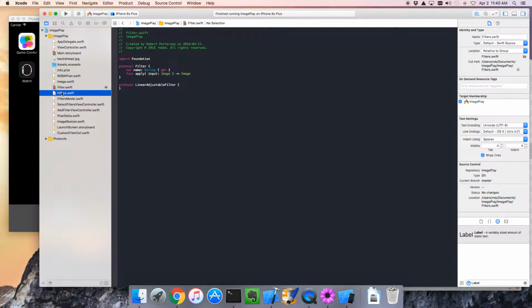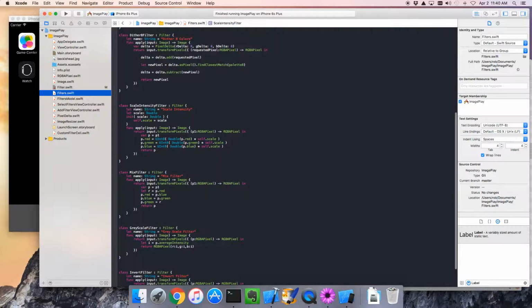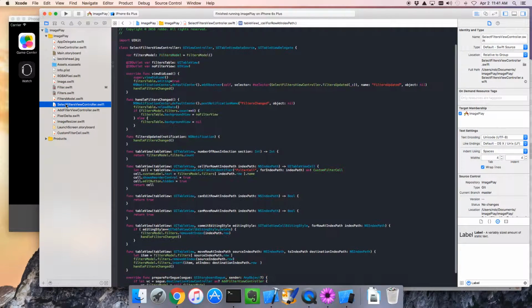So let's go over to our list of filters, and let's look for our scale intensity filter. At the moment, it exposes the filter protocol. We're going to say it also implements linear adjustable filter. So it does both. Nice. Okay. Finally, we go over to the Select Filters view controller,